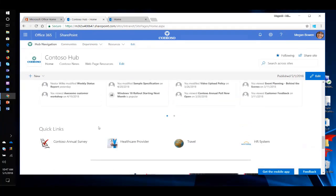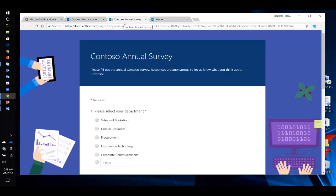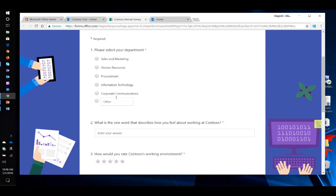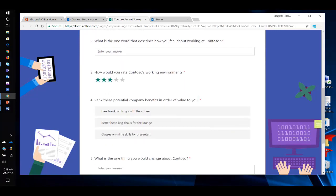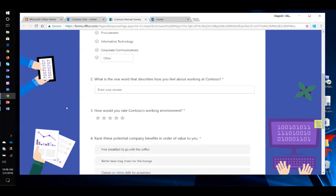One other way that we're bringing in Office 365 connected services is through the use of bringing in Microsoft Forms. So Forms is a way to build surveys and quizzes for your organization. Here I've got a link to the Contoso annual survey that we've built out as a Microsoft form, and I've embedded a link to it right from here, so people can come in, they can pick their department, they could key in some information about what's top of mind for them for the company right now,